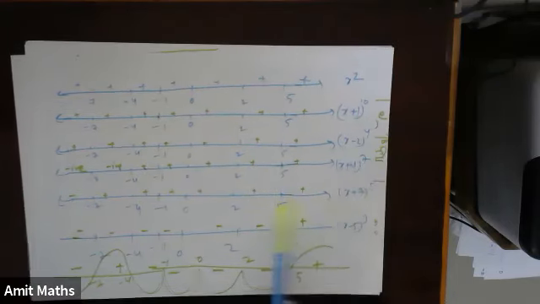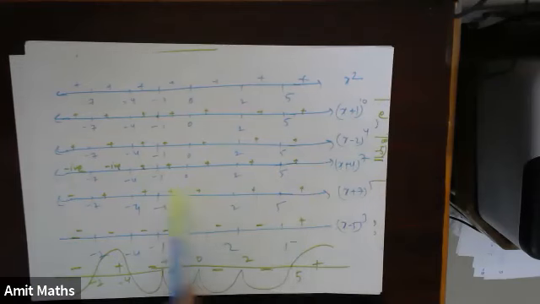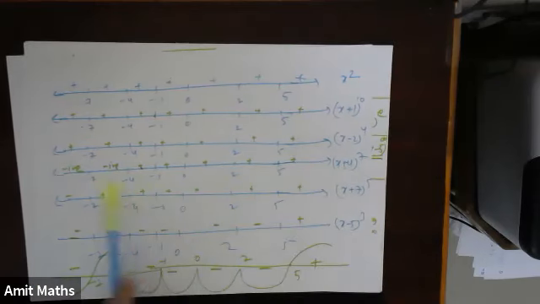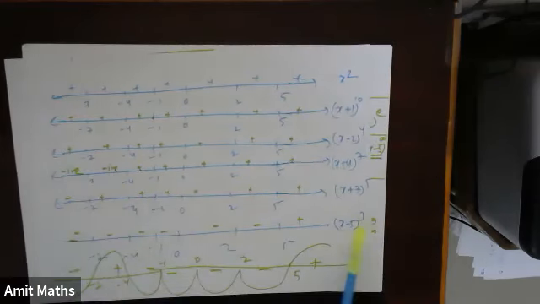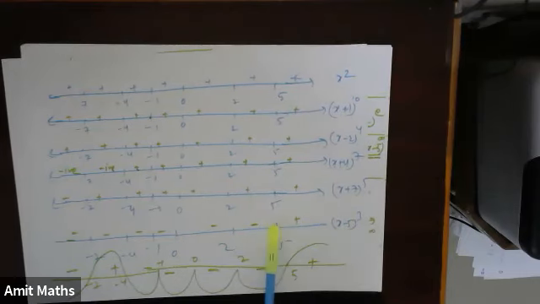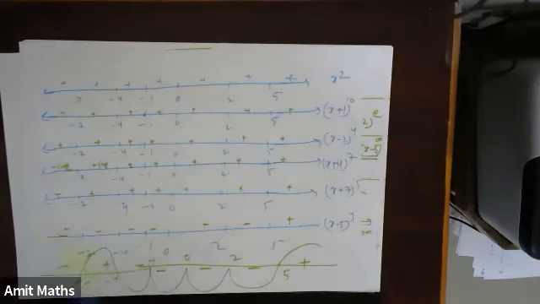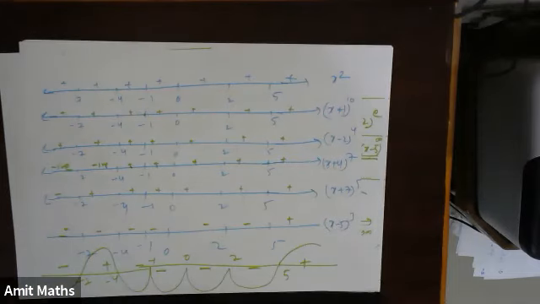At minus 7, it was positive till minus 7, then it changes sign. At 5, it was positive and then changes. So the overall sign will depend on all of them multiplied. That is why we will use the wavy curve, which is much easier for us to find the overall sign of the function. Okay, fine.